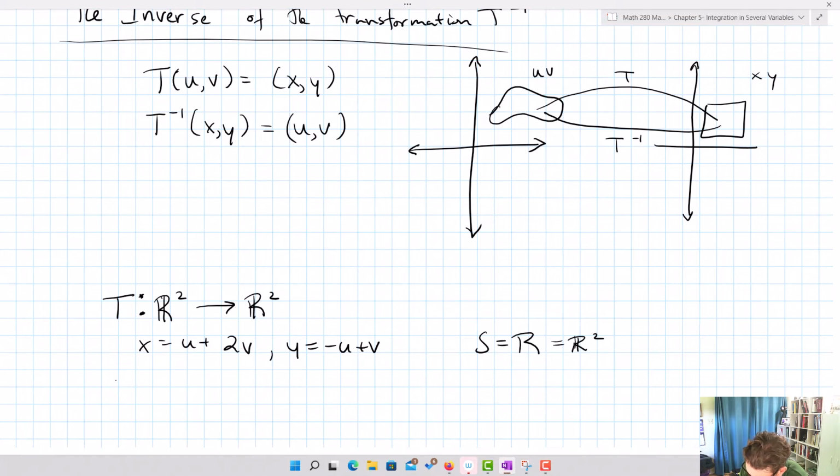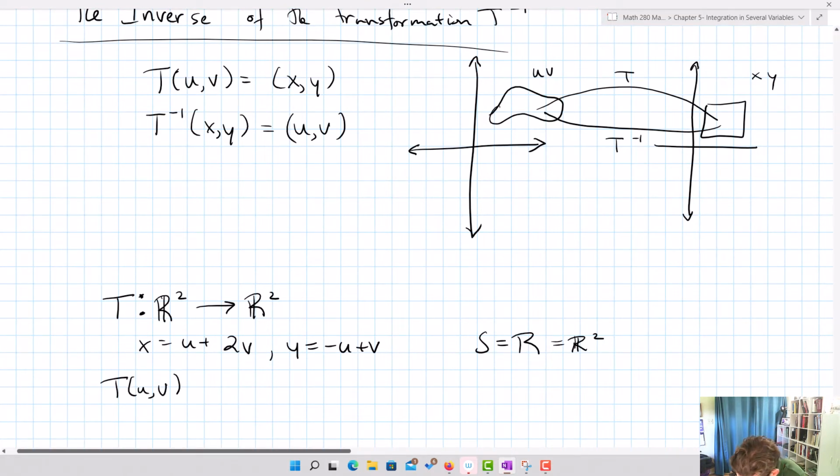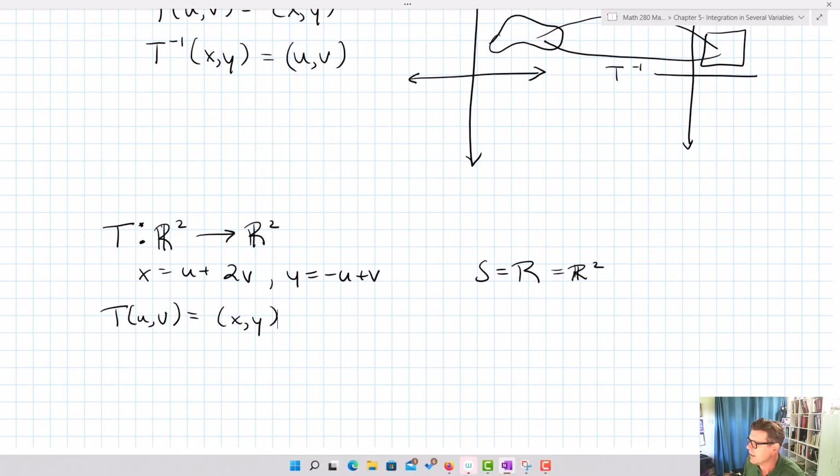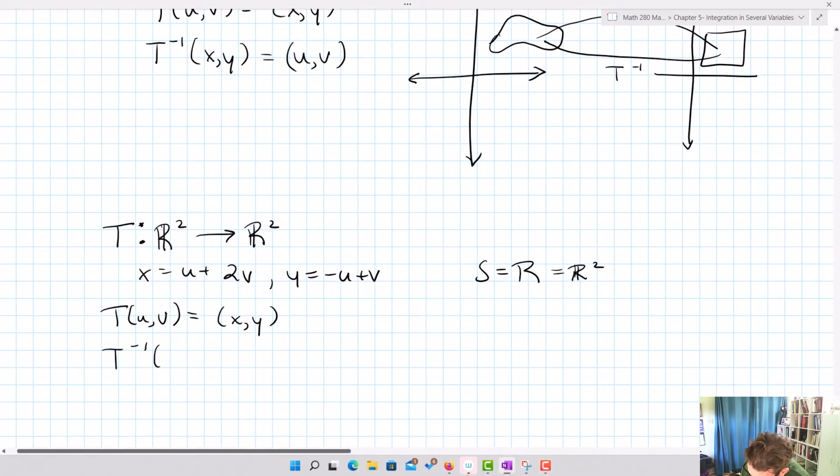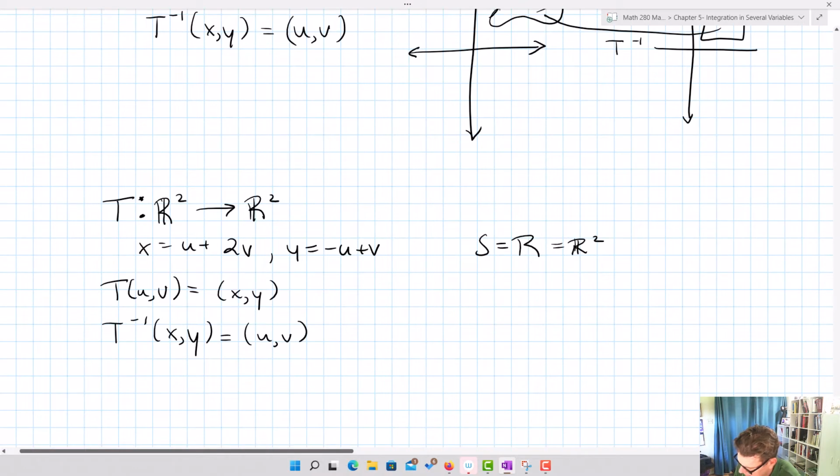And essentially, we're going to get that T of (u, v) equals (x, y). Okay, T of (u, v) is going to end up equaling (x, y). So what we want to do is find a T inverse that's going to take us from values of x and y to values for u and v. Okay, and that's going to end up becoming really very valuable for us, depending upon what we're doing. We're actually going to kind of do this the opposite